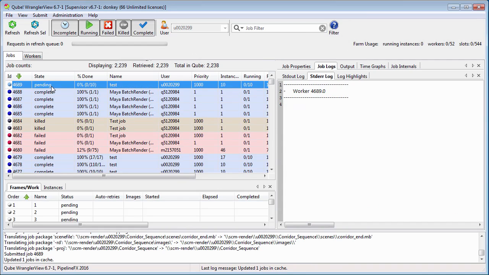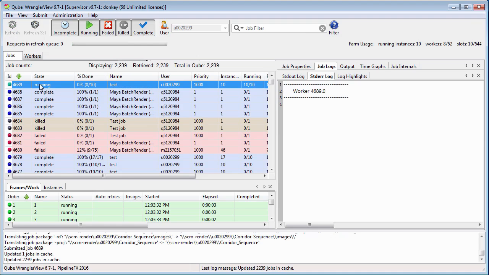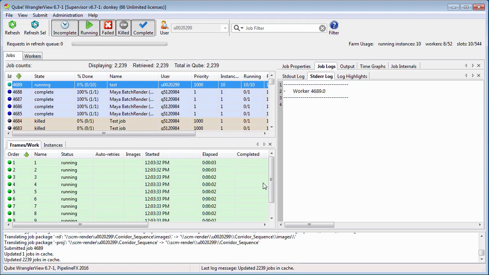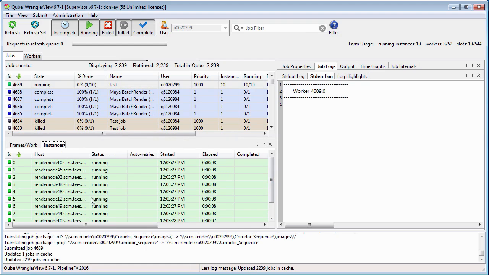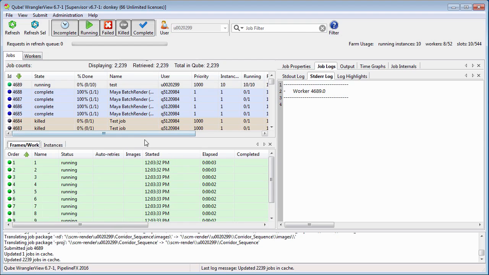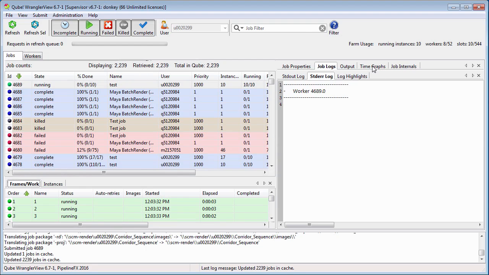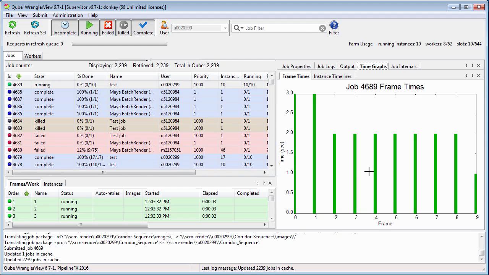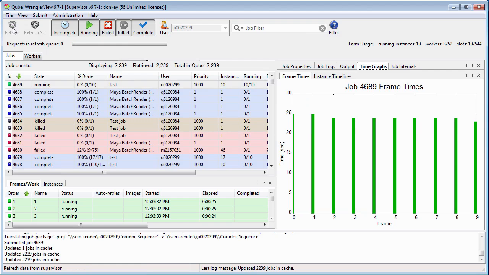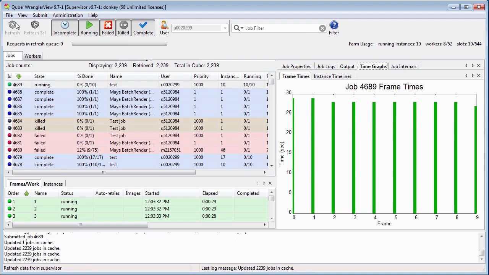So that's it, the job's off. You can see here it's now set to pending, and we can click the refresh button to update the view. So now it's running, and you can see down here these are the number of frames that are rendering. These are the instances, these are sort of the workers that are dealing with it. I like to look at the graph view. It just shows you the 10 frames and how long they've taken. So if I click refresh, the number will change. 25 seconds, 30,